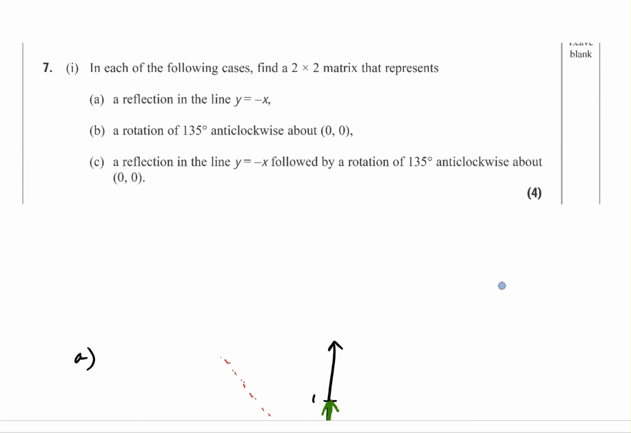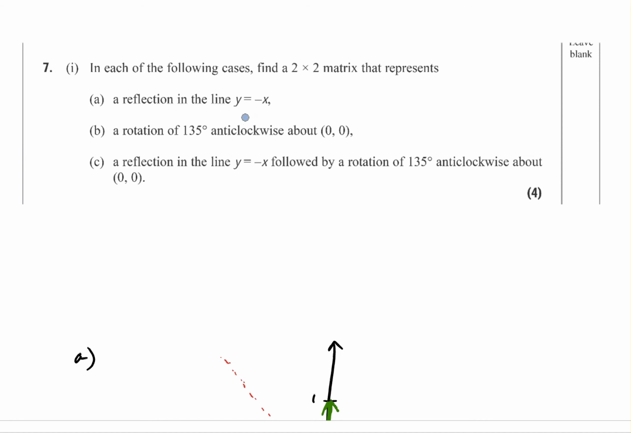Okay, in this video we are going to be looking at question 7 part 1 of the June 2014 Edexcel FP1 paper. And basically it's a question about 2x2 matrix transformations. Okay, so it says, in each of the following cases find a 2x2 matrix that represents